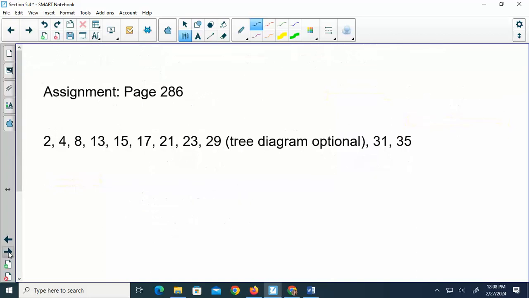So that's my stopping point. Problem number 29 tells you you have to do a tree diagram, and you do not, unless you just really want to. So that picture is